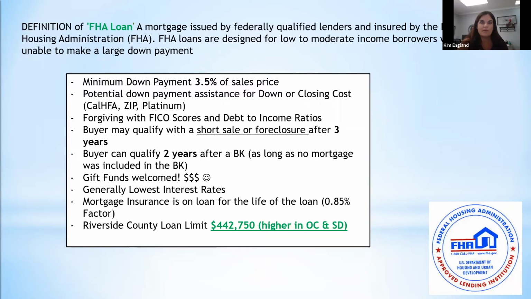I say 4 months, but right now with COVID, it really kind of depends on the borrower also. If they are working a normal job and they're not furloughed, 4 months stands. If they're furloughed, it's going to be different. It's going to change. So it's case by case, but basically 4 months, it's good for your credit.